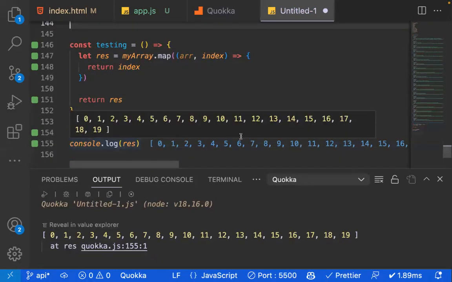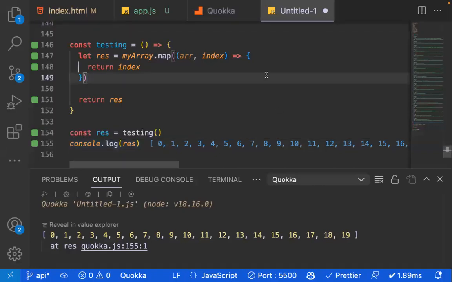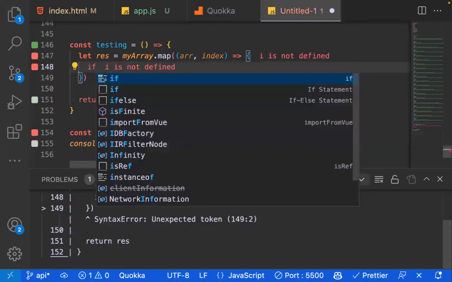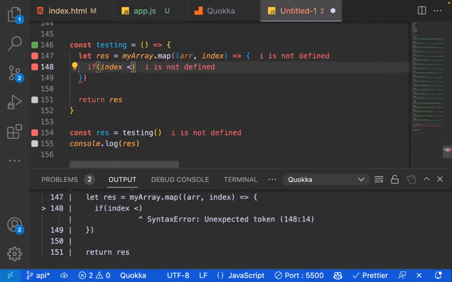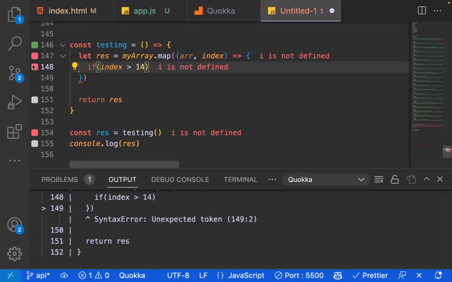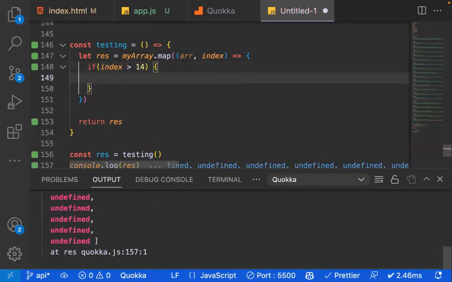This will give us the index of all the items in the array, which is 0, 1, 2, 3, and 4. I can manipulate this and add a condition here. I can say, if index, this if statement is a condition, it allows us to pass a condition. If index is greater than 14, now return